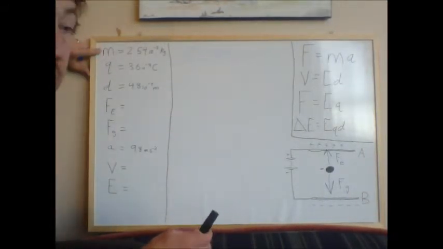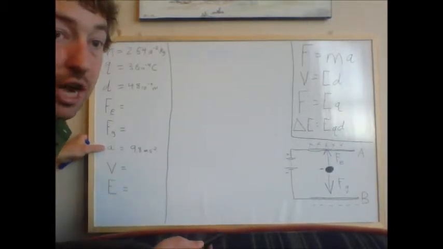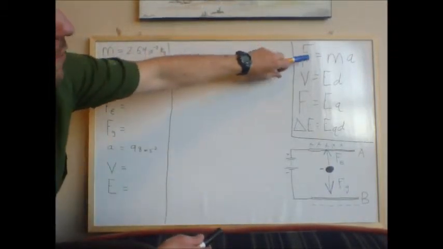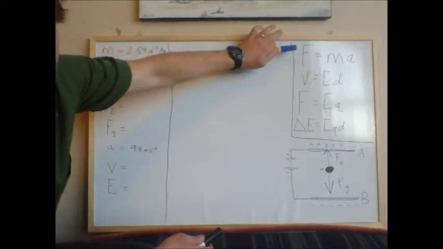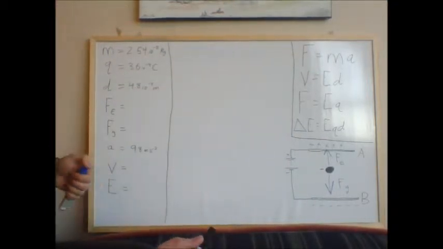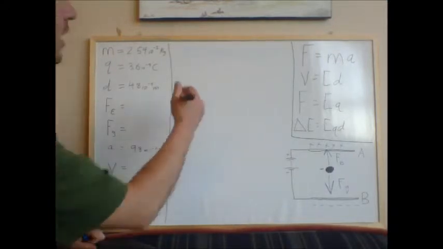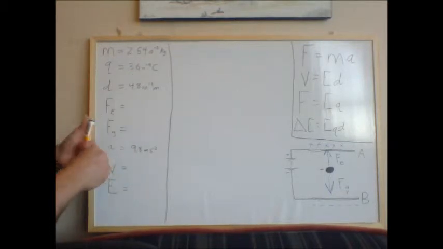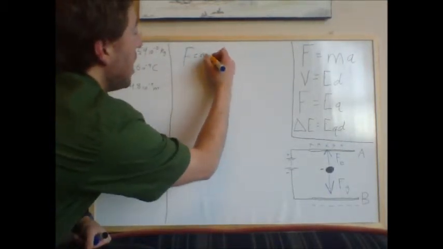So what we know already is that we've got the mass of the oil drop, and we know acceleration due to gravity, or the force of gravity. And that is force equals mass times acceleration. So let's go ahead and just solve for that. Start filling in this blank. So force, I'm going to use blue pen. Force equals MA